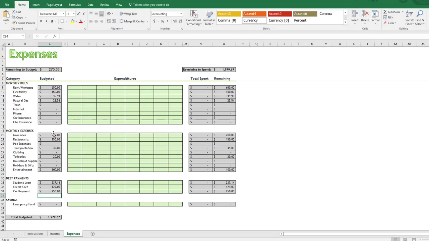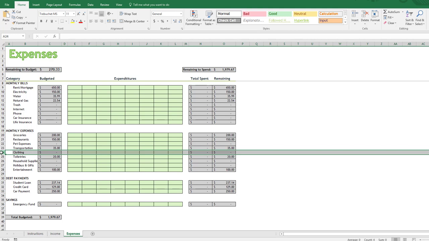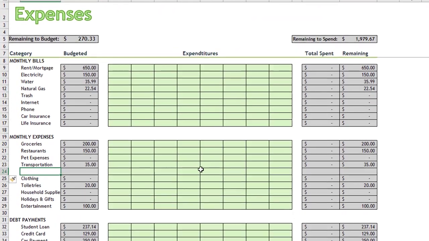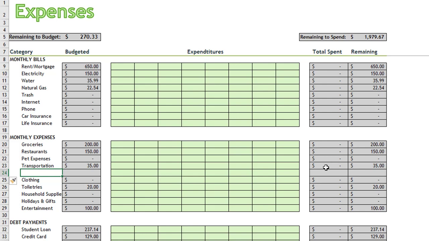If you need to create a new budget category that's not on the list, you can easily add one yourself. Just click on any row, and then at the top, click Insert Sheet Rows. Now you have a blank category row, and you can give your category a name, enter in an amount you'd like to budget,